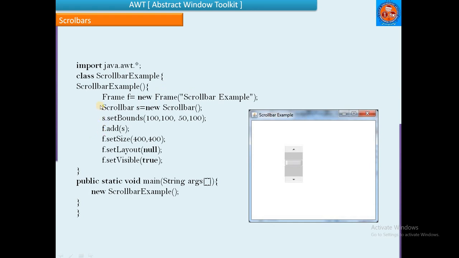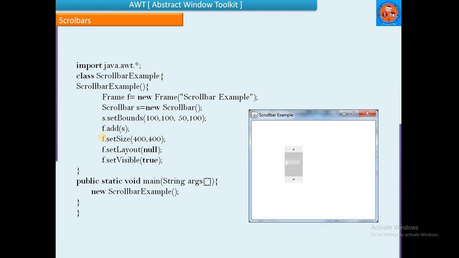Generally, as said in the previous lectures, before defining anything, whether it is a button, a label, a list or a checkbox, we must define the frame. Frame f = new Frame(title). Once created, the frame acts as a container.